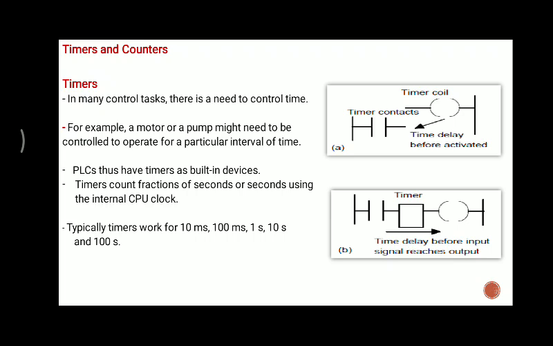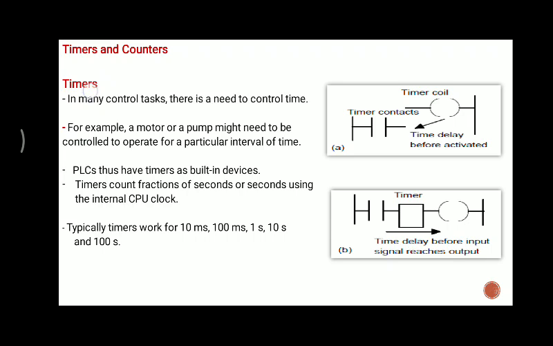The best example is our TV remote. There is an option to set the TV sleep mode with the remote, after 20 minutes or after 30 minutes. That kind of situation is found in PLCs also, so for that purpose timers and counters are used.